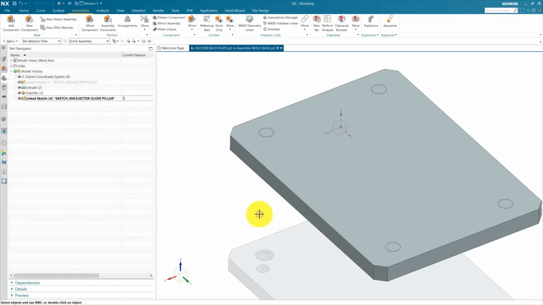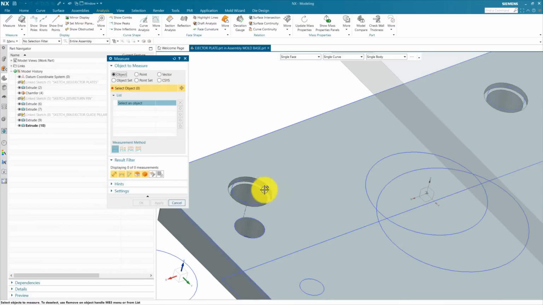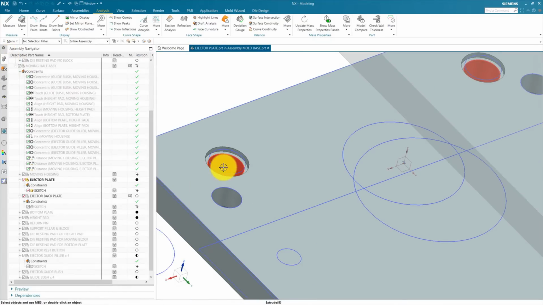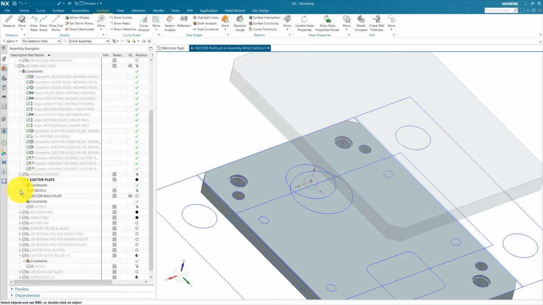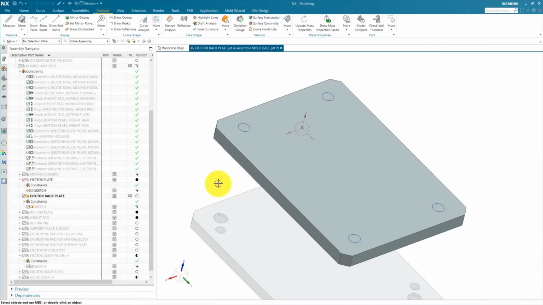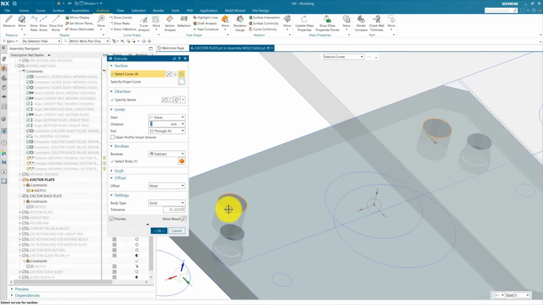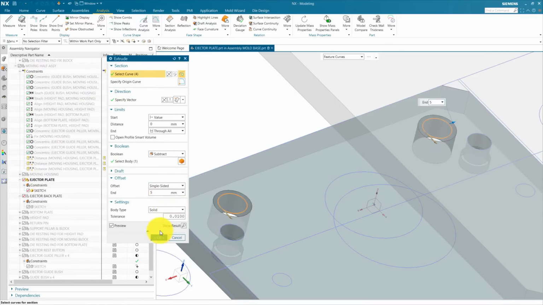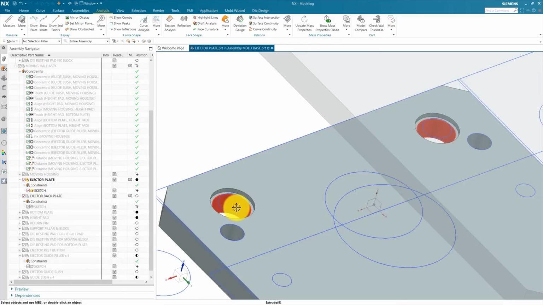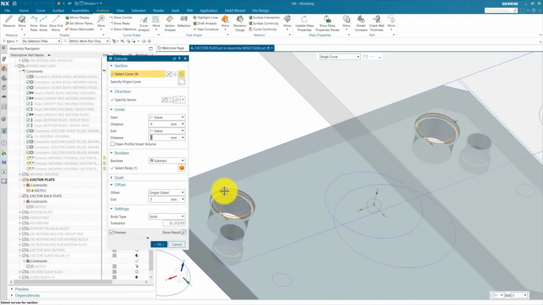Now we check the diameter of this, it is 30. The diameter of the bush in our ejector plate is 30. So we need to update our ejector plate. We need to add an offset because this diameter is used for our guide pillar. So we need to offset this. Single side 5 mm is okay. Now our ejector plate is okay. After this the hole is automatically changed.